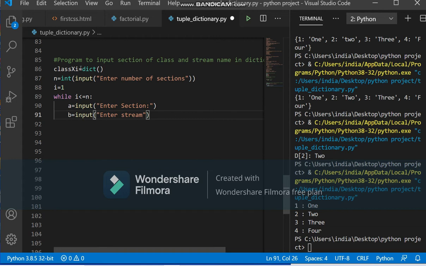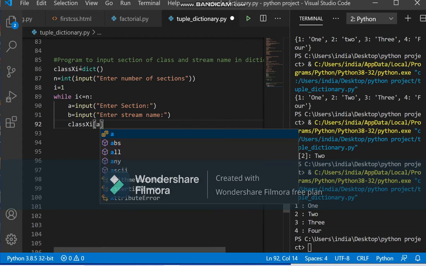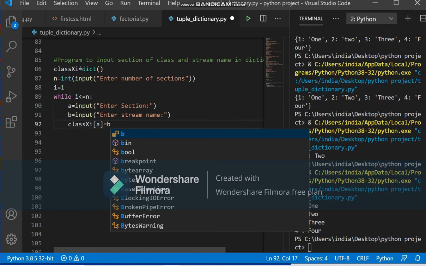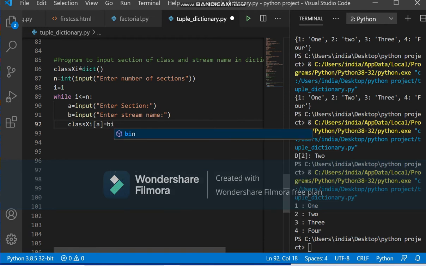Input, enter the stream or the subject, stream name. Now how to associate them? We have the structure empty class 11. Now we will use square bracket and inside this mention the key equal to B. This is the most important part.